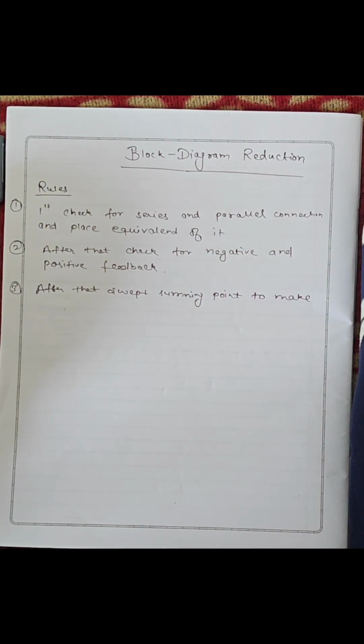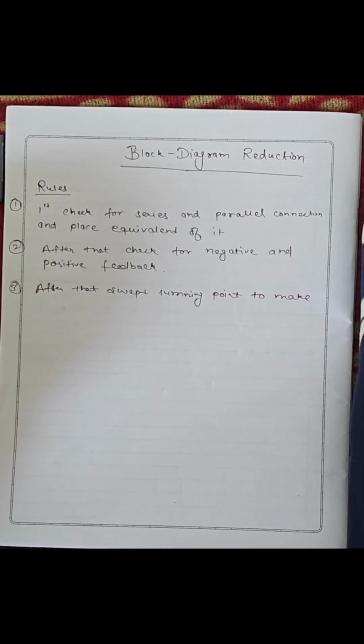Today we are going to study block diagram reduction, which is a very important concept in control systems. Here the question arises, why do we even need block diagram reduction? Whenever we deal with real-world systems like electrical circuits, mechanical systems, or communication systems, they are usually very complex. Instead of a single equation, we often get multiple interconnected blocks, several feedback loops, and many input-output relationships. So block diagram reduction helps us to simplify a complex system into a single equivalent block.